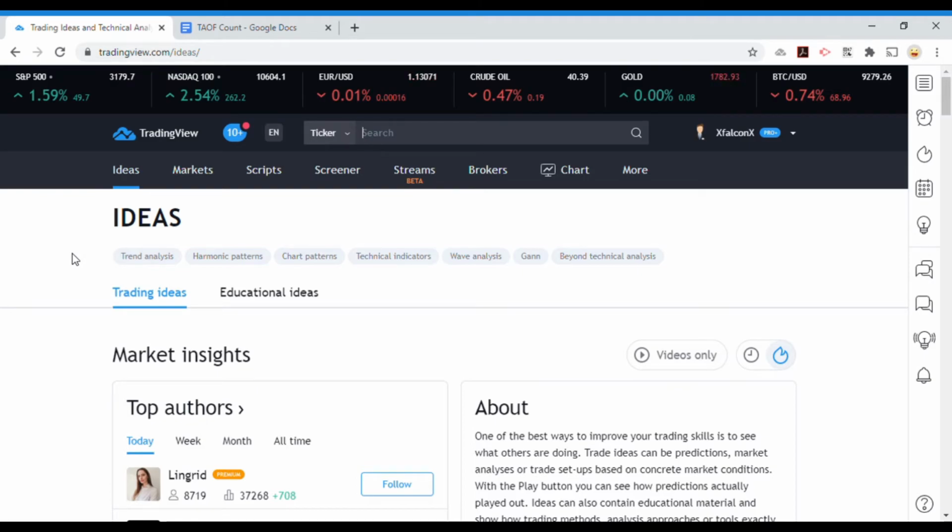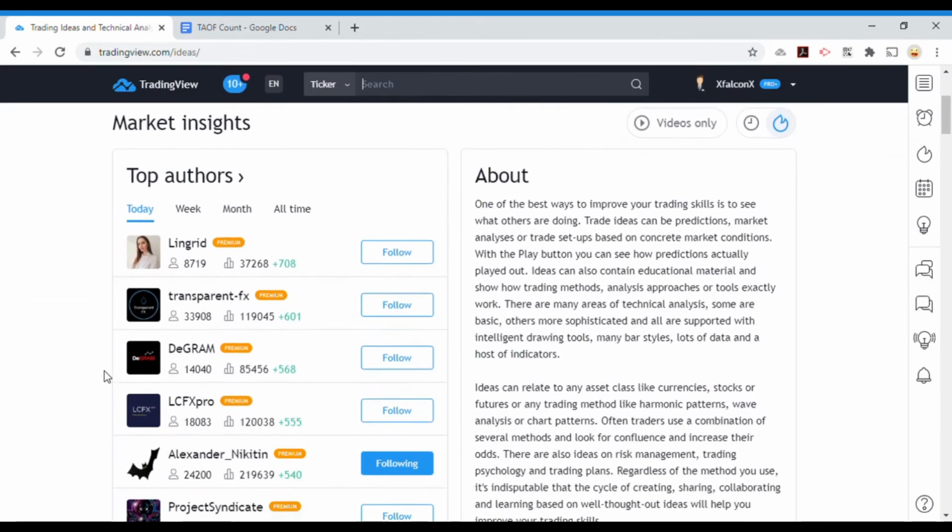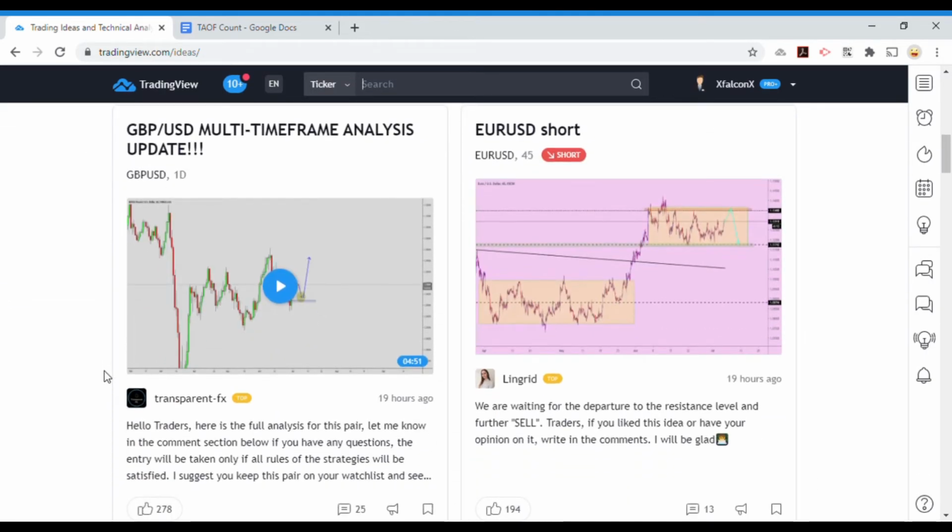basically a mass community of all the people who use TradingView, and they are constantly posting ideas and charts, just